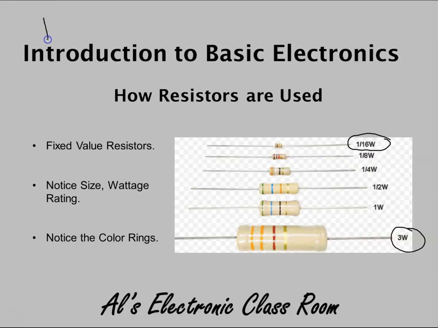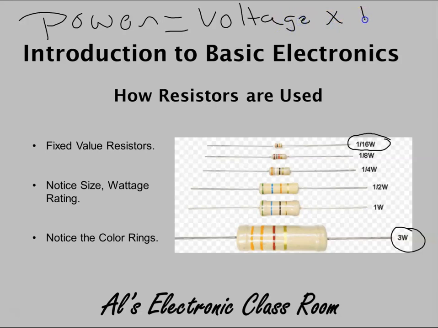But power of a component, which will determine the wattage rating, equals the voltage across the component, in this case the resistor, times the current flow through it. And current is abbreviated by I, so that's current. All right, so for instance, if I make a calculation here,